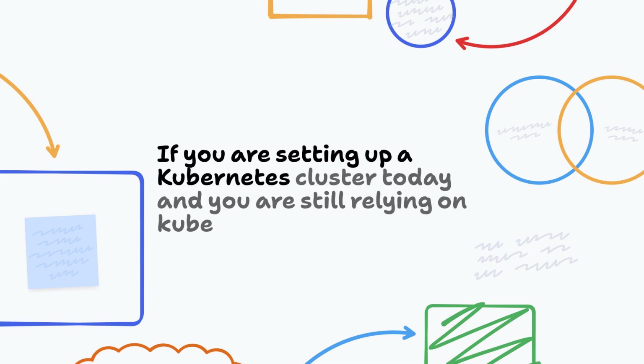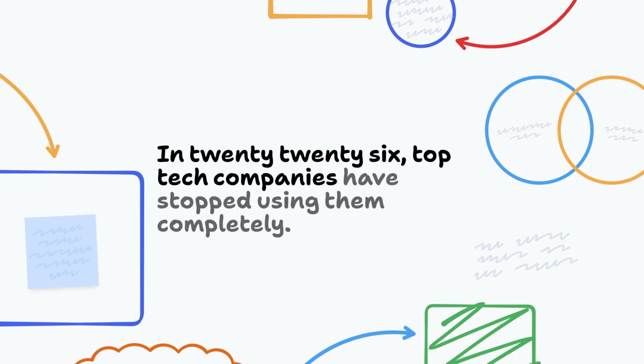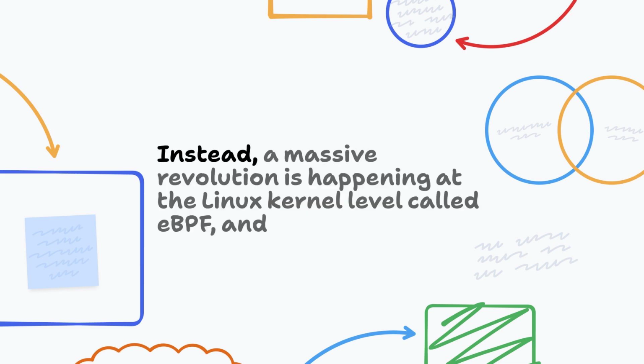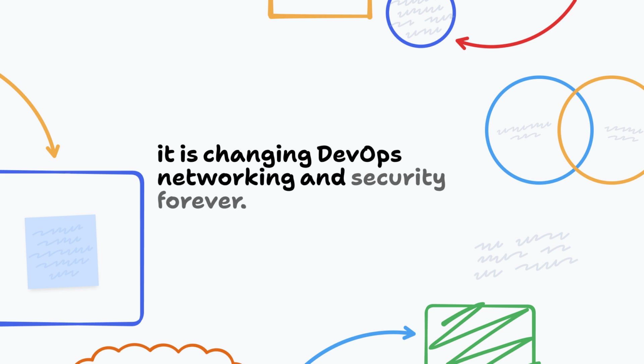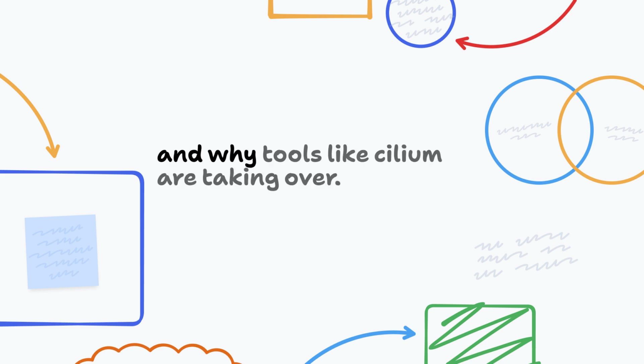If you are setting up a Kubernetes cluster today and you are still relying on Kube-Proxy and iptables for your networking, you are using outdated technology. In 2026, top tech companies have stopped using them completely. Instead, a massive revolution is happening at the Linux kernel level called eBPF, and it is changing DevOps networking and security forever. Today, we are going to understand exactly why Kube-Proxy is dying, what eBPF is, and why tools like